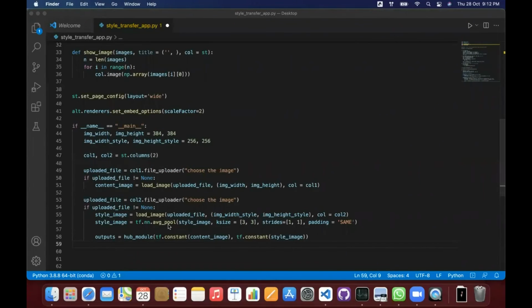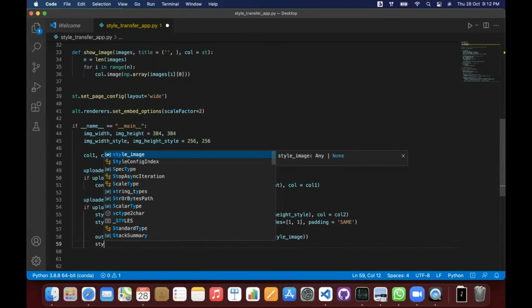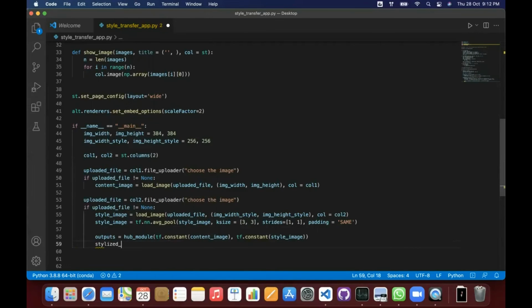Keeping that in mind, I'll take my final image as stylized image is equal to output at 0. I'm taking the first image out of it, because I know the bunch of images will contain a single image.